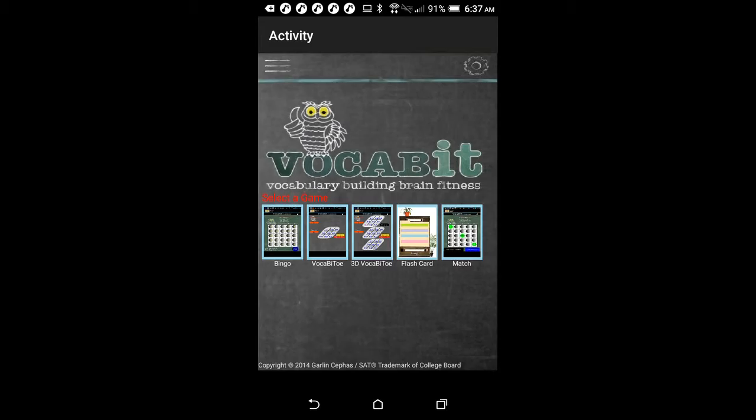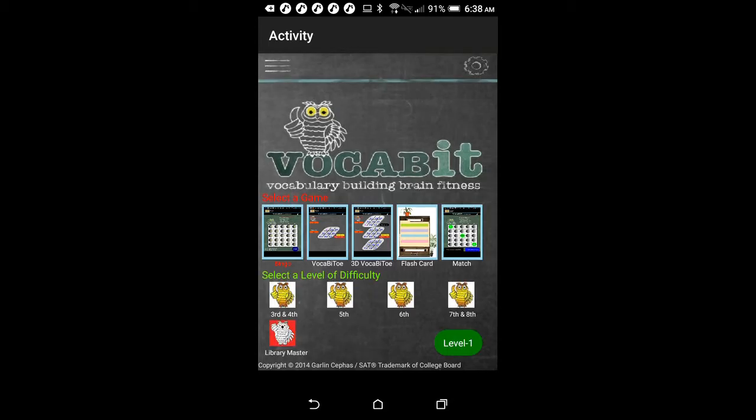Here you can see VoCaBiT has been gamified, and the whole objective is to help build our skill set around the use of vocabulary. Let's pick a game and let's play bingo first. Press bingo, and as you can see there are several levels to the game. It starts at the 3rd, 4th grade level, and in this screen you can see it's 5th grade, 6th grade, and combined 7th and 8th. Let's press level,